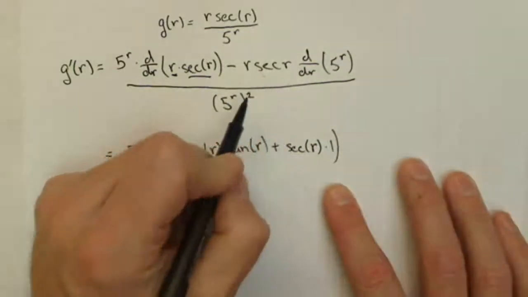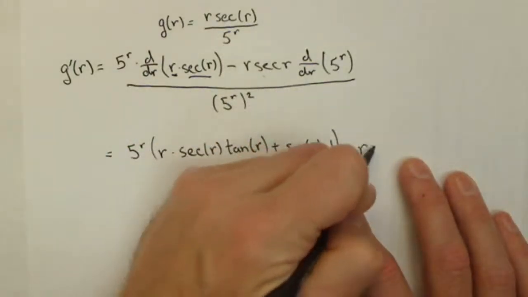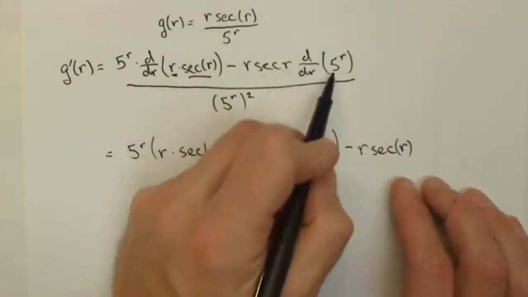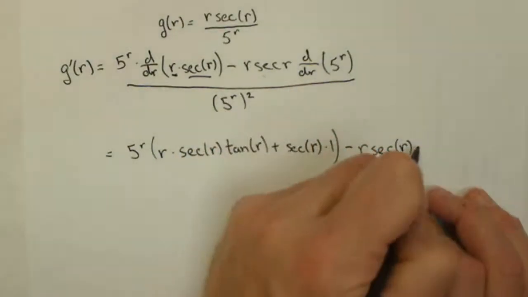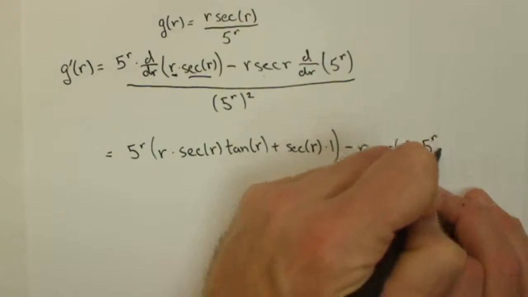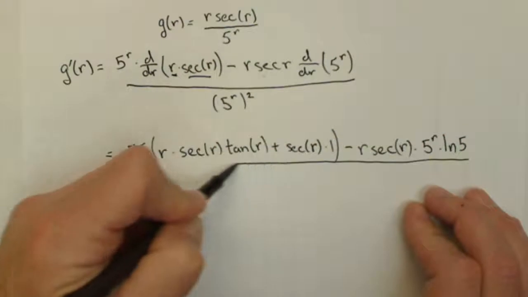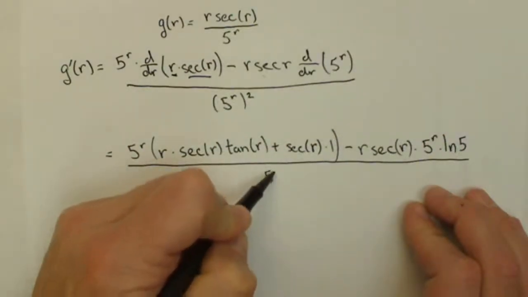Now I'm going to go on to this part. So minus r secant r, and the derivative of 5 to the r is itself, 5 to the r times the natural log of 5, so that's the derivative of an exponential, all over 5 to the r